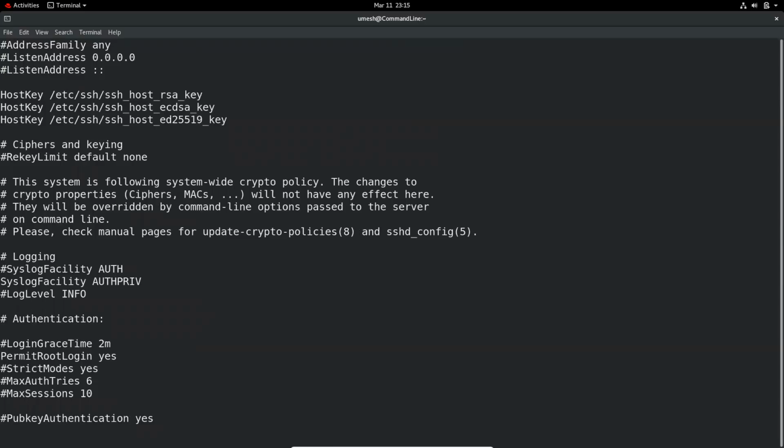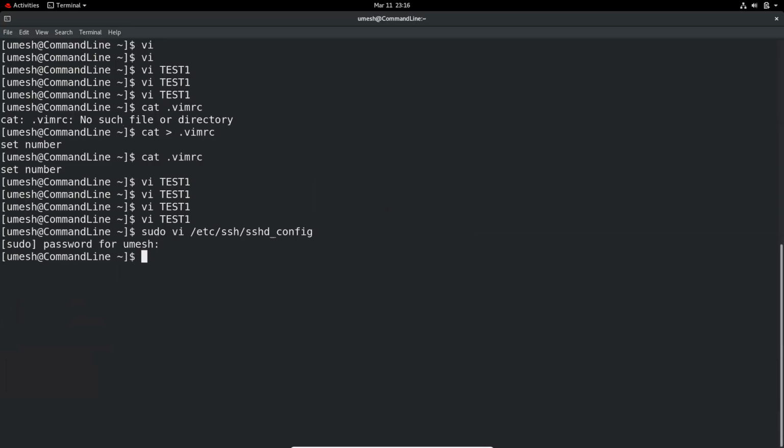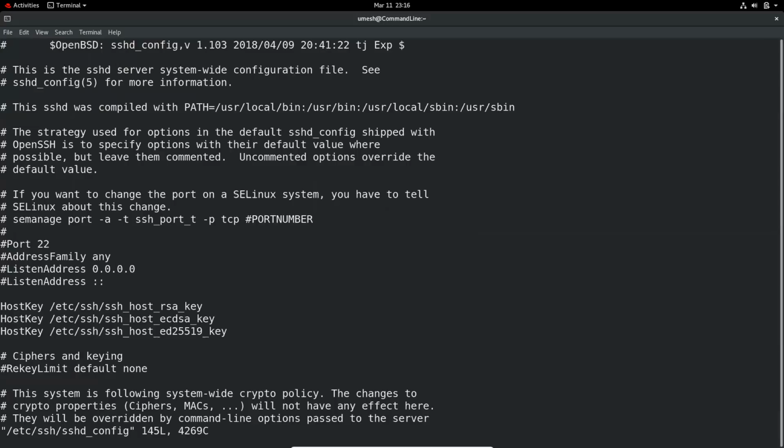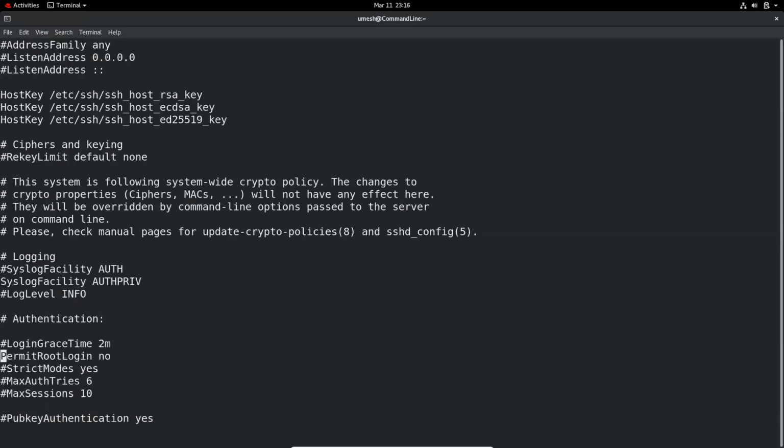Now it found it. See where the permit root login line is, the line is blinking. And I can simply go to the end of the line by pressing the $ sign and just delete yes and convert it into no, and then just save it. And so now if I go here, search permit root login, ignoring the case sensitivity, the change is made here. So let's go here and do :q! to quit with force.